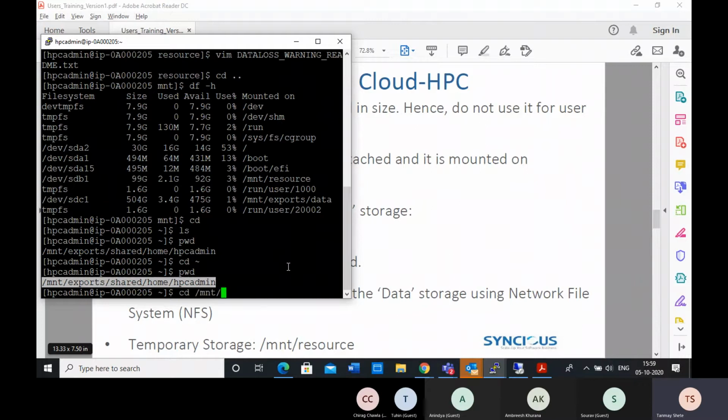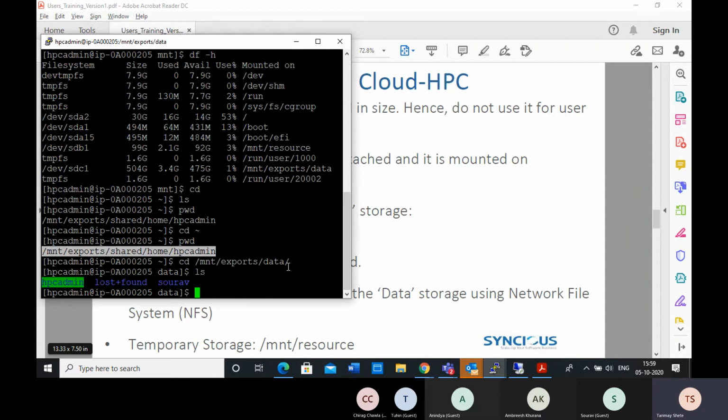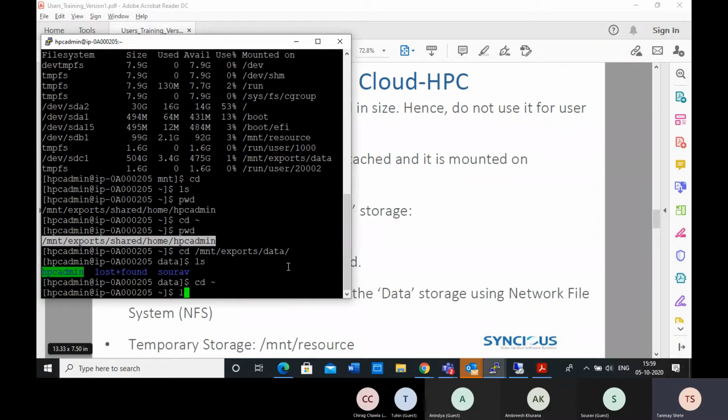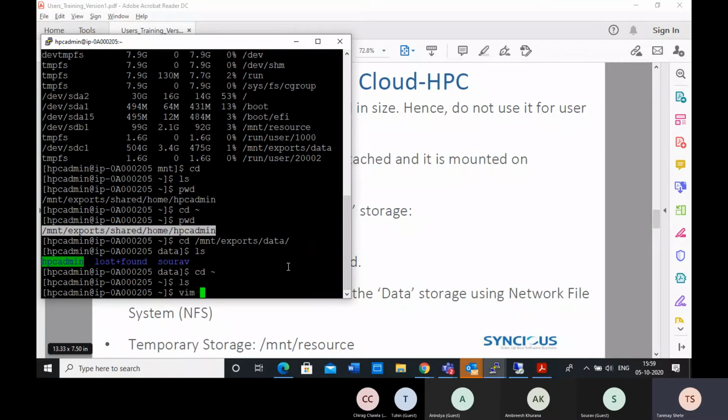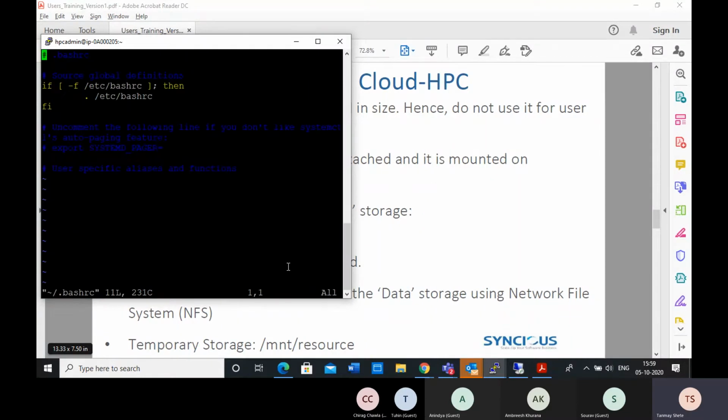Mainly I should work on /mnt/exports/data. So what will be the use of the home directory? To set your environments. For example, if I go back to my home directory, I can put my bash profiles and all those things there if you want to set it up.